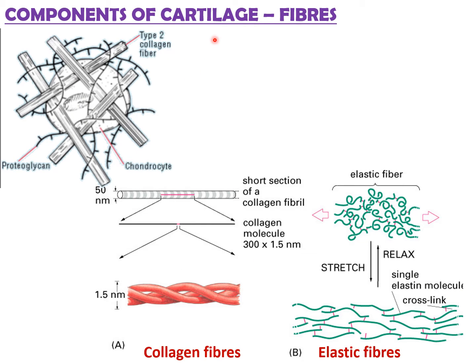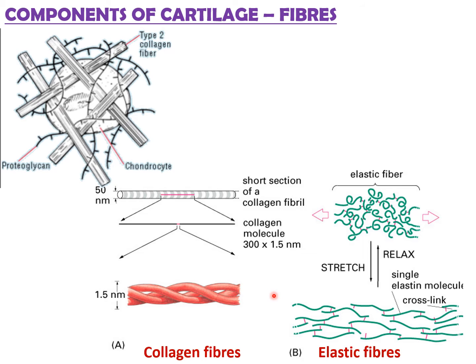Another component of this cartilage is the fibers. The majority are collagen fibers, particularly type 2 collagen fibers, and there are also elastic fibers. So elastic fibers and collagen fibers are another component of this cartilage. Collagen fibers present in cartilage are chemically distinct from those in most other tissue. They are described as type 2 collagen fibers.